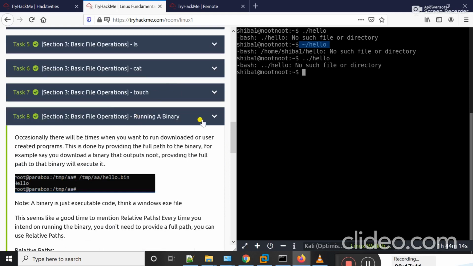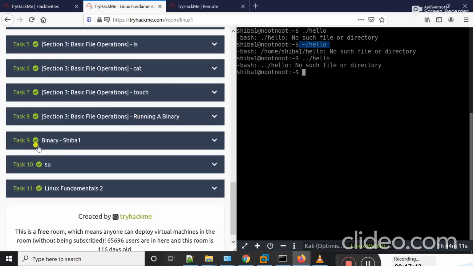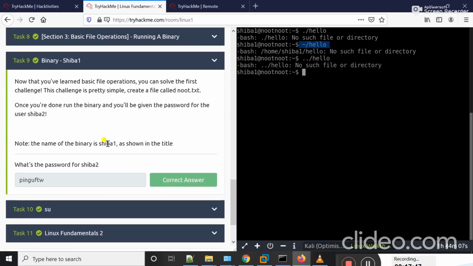Okay, task 8 is completed now and we have to move on to task 9. In this task,